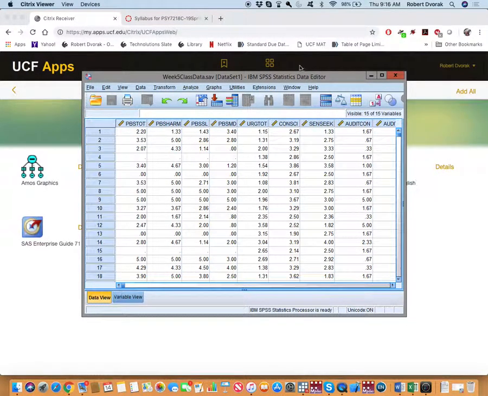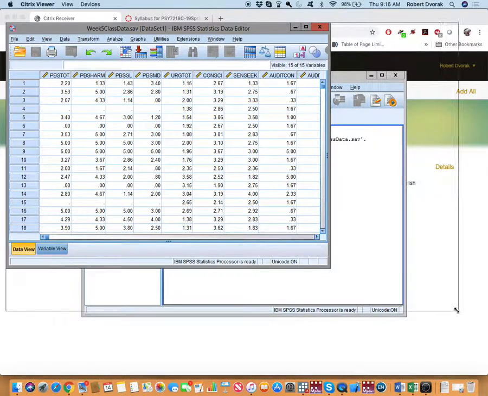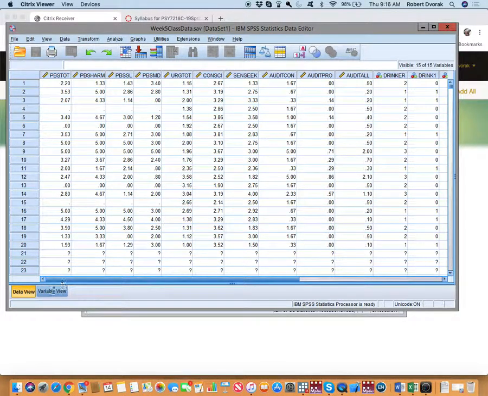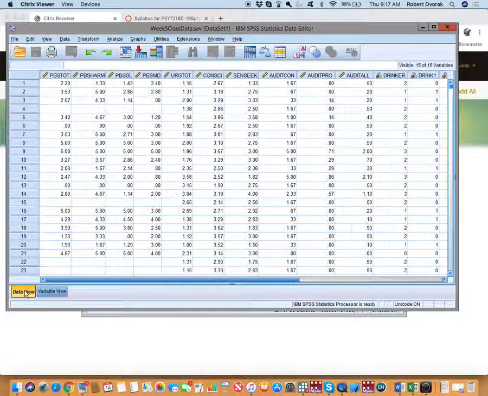Okay, so here is our data. And I'm just going to flip over to variable view here quick. Yep, I've already renamed those, so we're good to go. All right, the first thing that